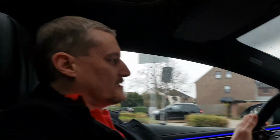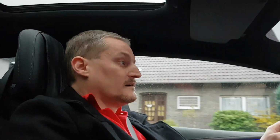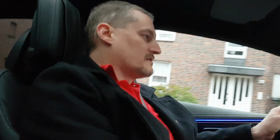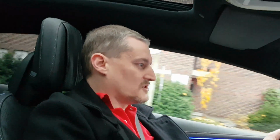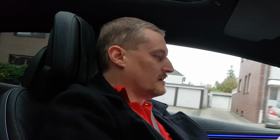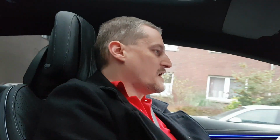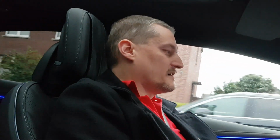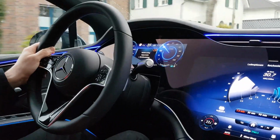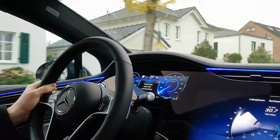This is the EQS 45 Plus. So it is the long range model with a usable battery capacity of 108 kilowatt hours. So it is quite massive. On the other side, the electric motors of Mercedes got very efficient,